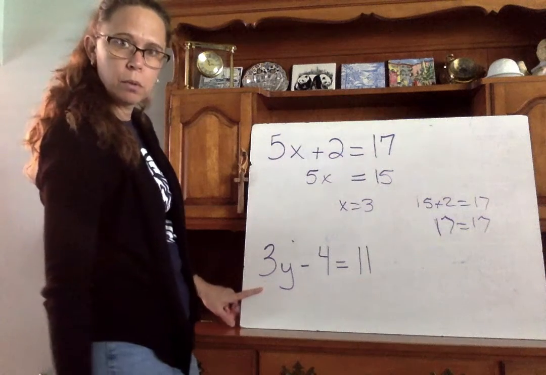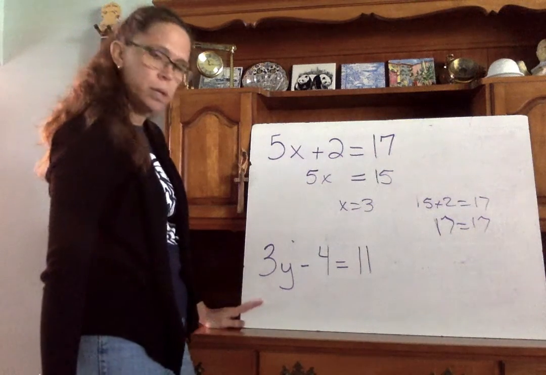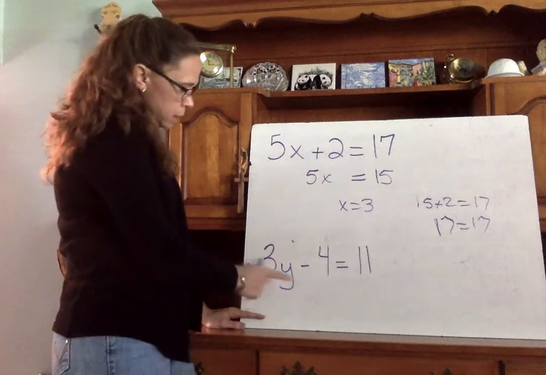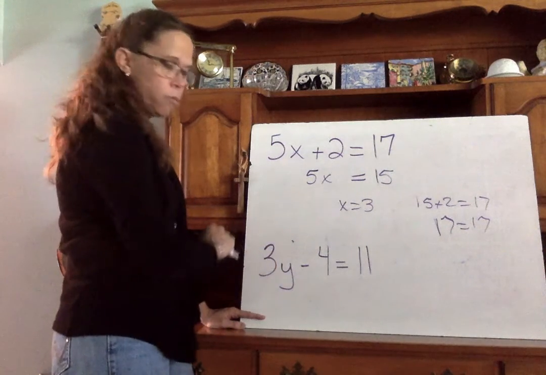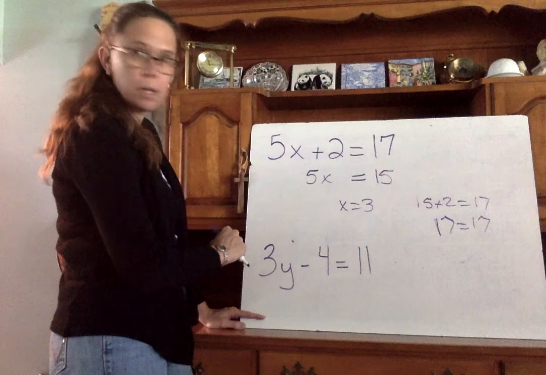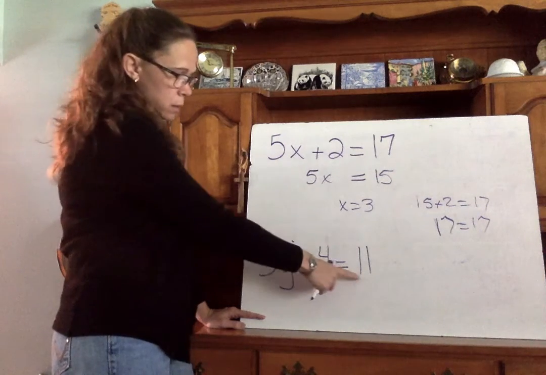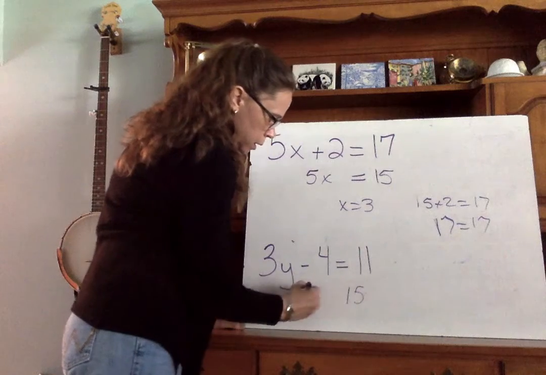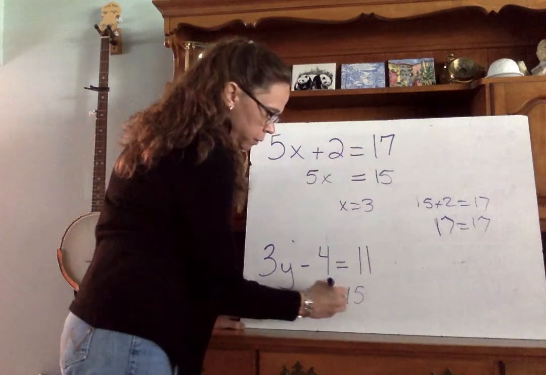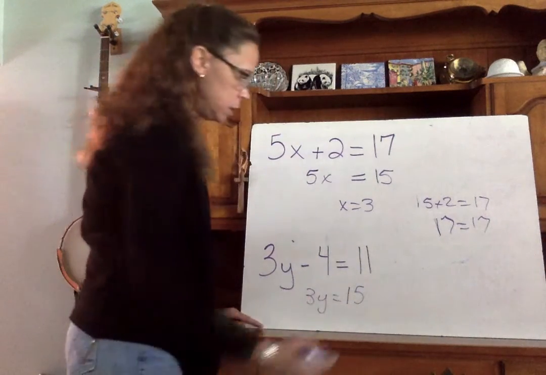Let's look at this one. 3y minus 4 is equal to 11. 3 times some number, and I got that answer, and then I took 4 away, and I got 11. What if I didn't take the 4 away? This answer would be 4 bigger, right? So let's make it 4 bigger. So the 3y must be equal to 15. So y is equal to